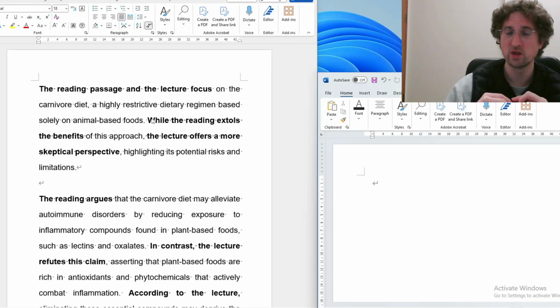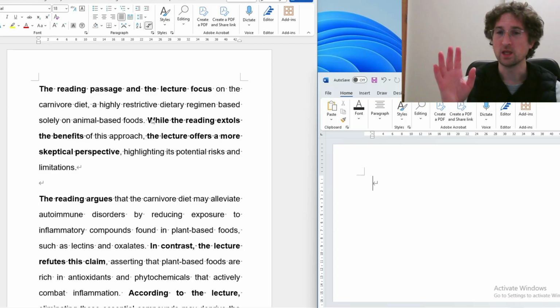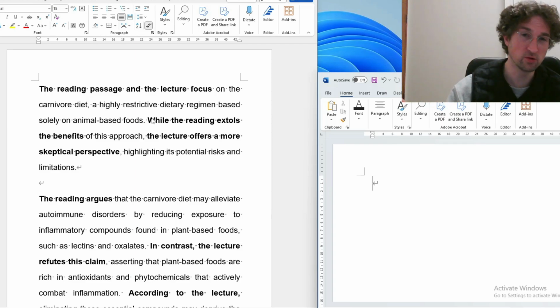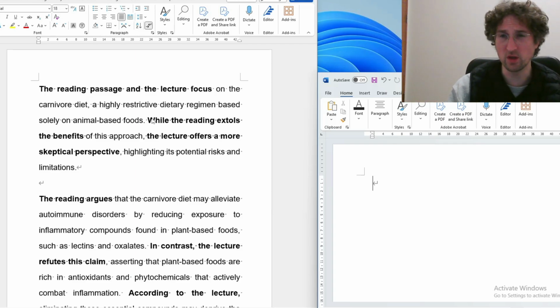then you must write an essay that characterizes the relationship between the claims made in the reading passage or article and the claims made in the lecture or by the lecturer. So I want to focus on one such essay and focus particularly on how we characterize the relationship between those opposing claims, because I want to convince you that